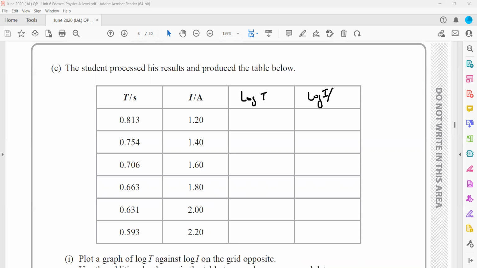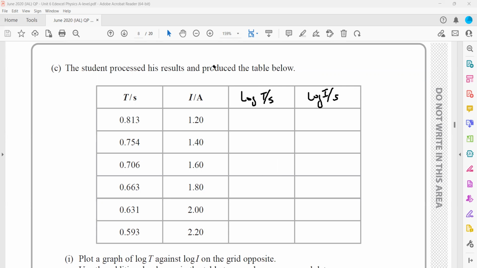One thing you should keep in mind is using an equal number of significant figures. Students usually use either the same number of decimal places or significant figures. Usually when students complete it, they just write one value as 2, another value as 2.3, another value as 2.14. So that is not the right way of completing. Even though it is 2, write 2.00. Even though it's 2.3, write 2.30. So when you are plotting this, you should use the same number of significant figures for both